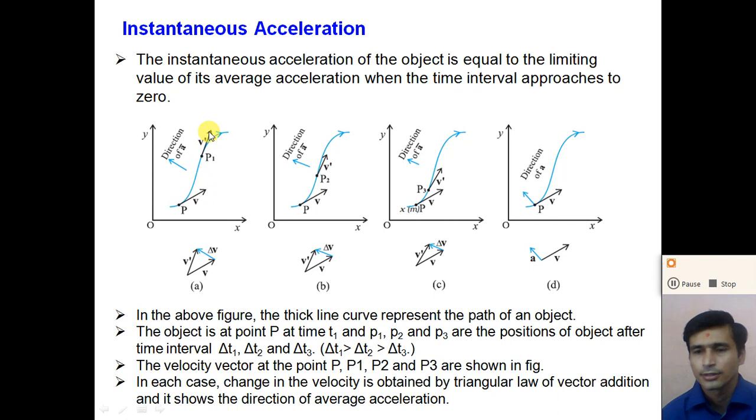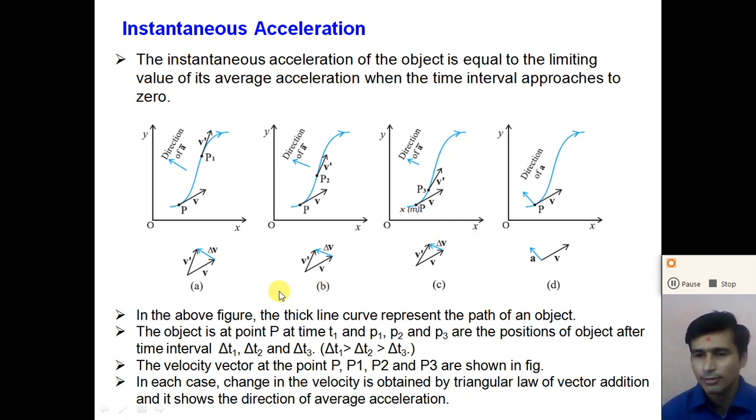So here the velocity of an object at any point is along the tangent drawn at that point. So the direction of the velocity at the point P is in the direction of the tangent, that is v, and at the point P1 the direction of the velocity is v dash. Similarly, if we take the velocity after some time at the points P2, P3 and so on. So here, by reducing the time interval delta t, we get the instantaneous velocity and the instantaneous acceleration. So dear student, how can we find the direction of the acceleration?